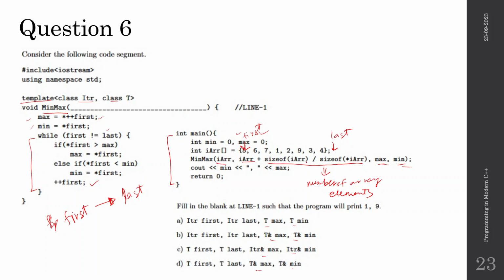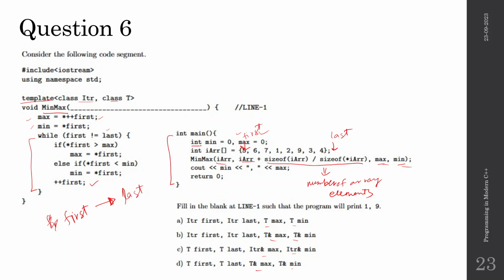Next, one thing you have to note is that first, last, and min, max will be different. Okay, so first and last are obviously pointers, and min and max will obviously be integers, or something else. Okay, so they will not be pointers. So hence they cannot be of the same type. Okay, they will have to be different. And